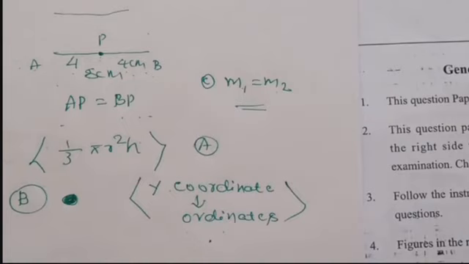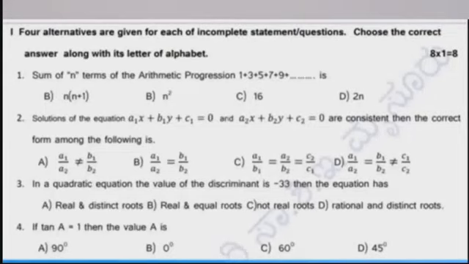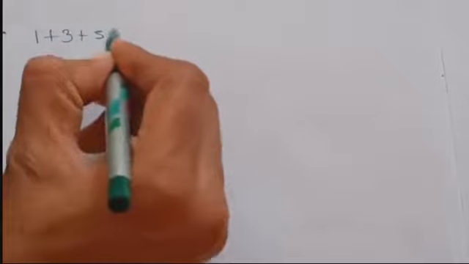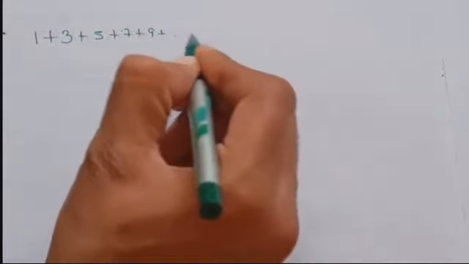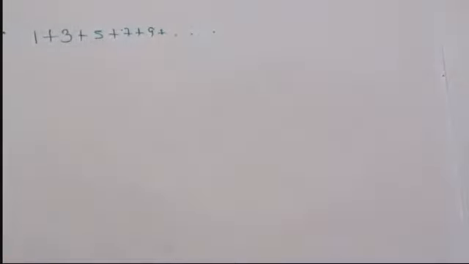Okay, children, this is another question that I needed to say. So we will move on to the next question. The next question is, the sum of the n terms of the arithmetic progression 1 plus 3 plus 5 plus 7 plus 9 is dash. So they have given the AP, 1 plus 3 plus 5 plus 7 plus 9 plus dot dot dot. You need to do it fast now, because in the examination only 1 hour will be there for the maths. So I am solving a bit fast.